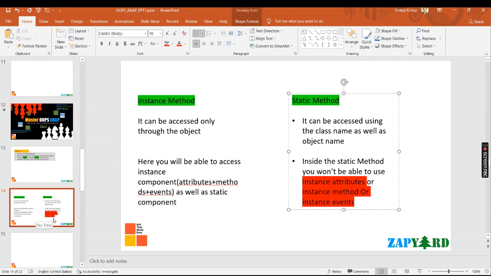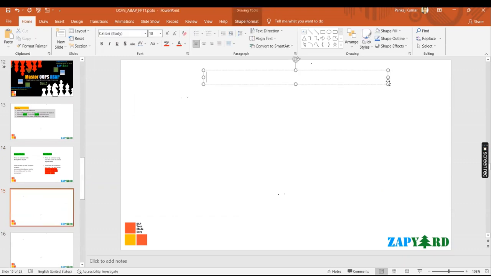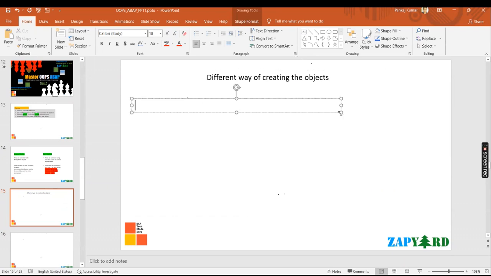Now, second point, we are going to discuss how we can create the object, different ways of creating the objects. One way we have seen yesterday, right? First you have to give the name, right? So first